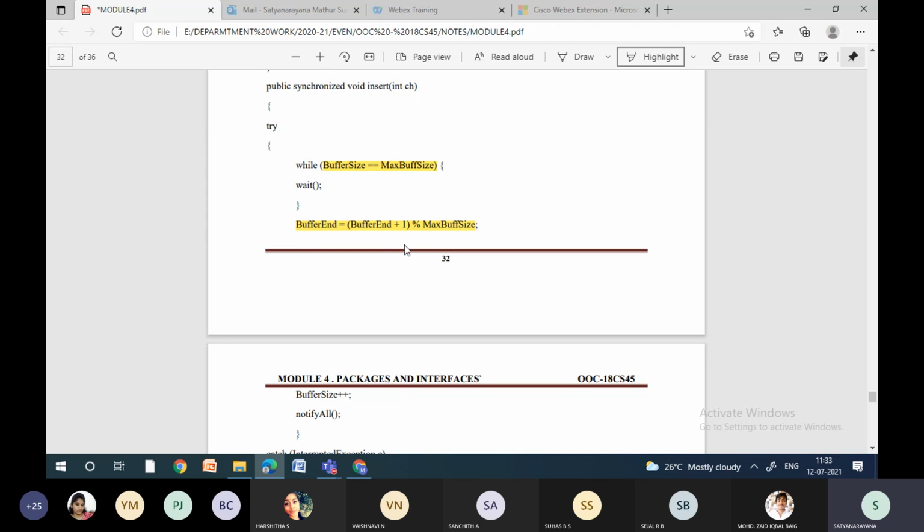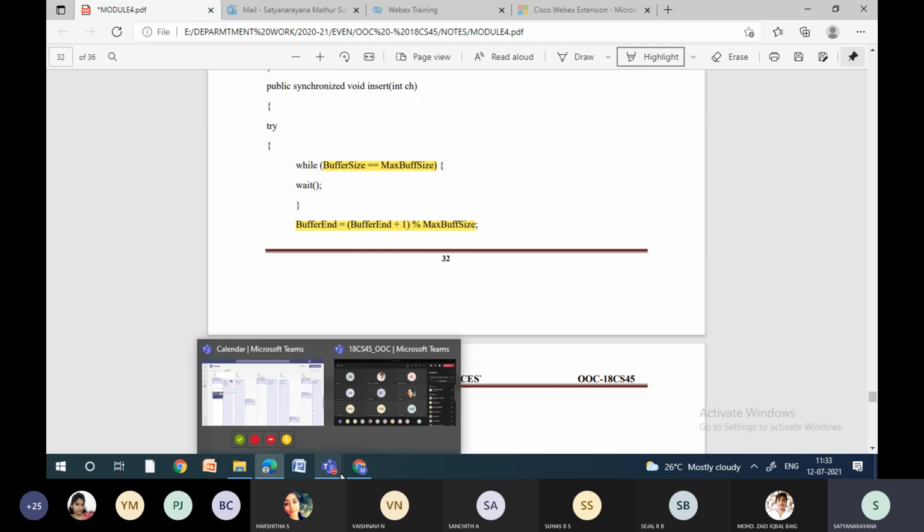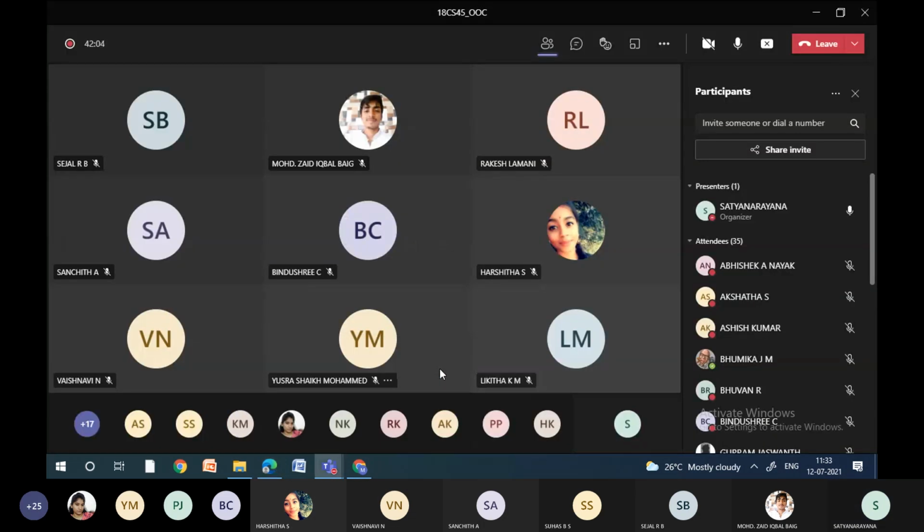Now let's say, for example, the buffer end value is -1, so -1 plus 1 becomes 0. We created 0. 0 modulo of something, what is the output?